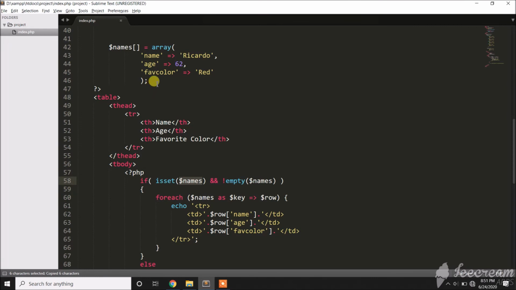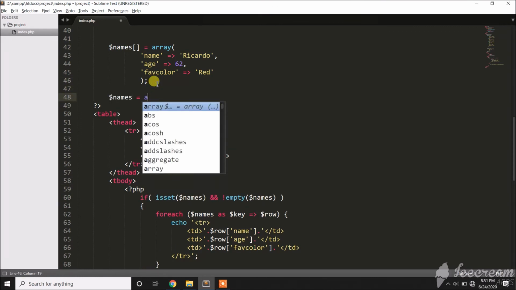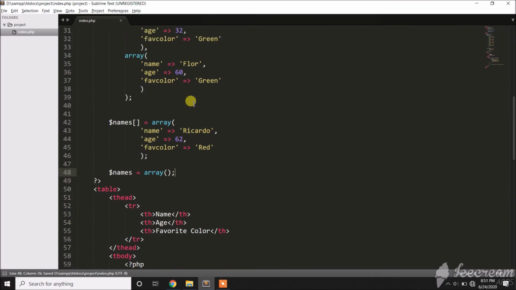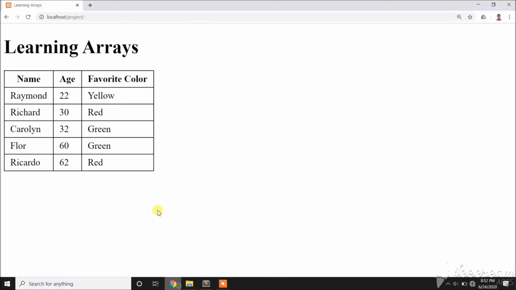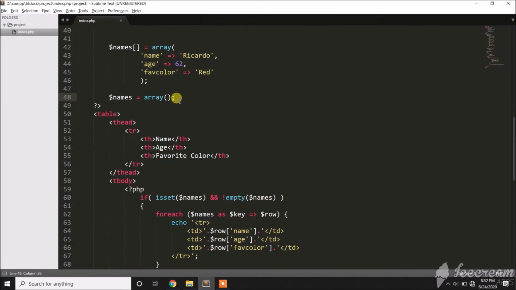Okay. Now, currently, may laman kasi yung array natin. Then, I can just simply declare lang muna yung empty value. Para at least ma-overwrite natin lahat-lahat ng array. So, mangyari, dito nakaset siya. Pero pagpunta dito, hindi niya masasatisfied yung not empty. Kasi wala na siyang laman. Then, it will jump here na. Okay? Then, refresh natin. Yan. So, kung walang laman, no record found. Pero kung may laman,